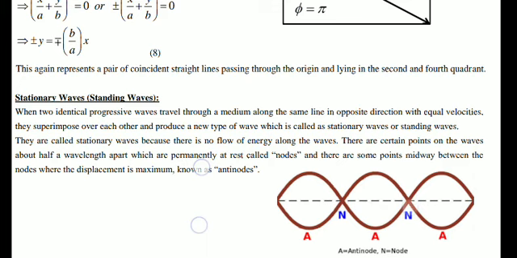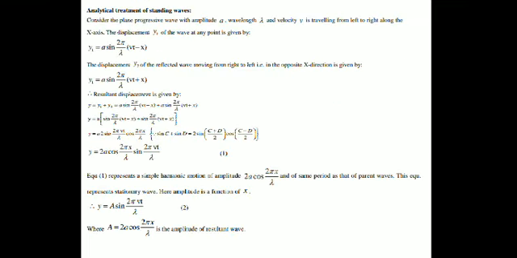This is a complete wave, this is a complete wave, so the wavelength will be lambda. This much distance will be lambda, so half of that distance will be lambda by 2. Here it is a node, here it is also a node, so the distance between two nodes will be lambda by 2. Similarly, the distance between two antinodes will also be lambda by 2. But the distance between a node and an antinode will be lambda by 4. So this is about stationary waves or standing waves.